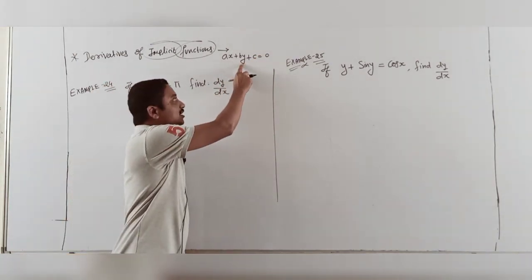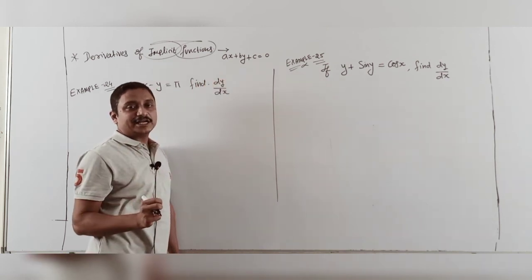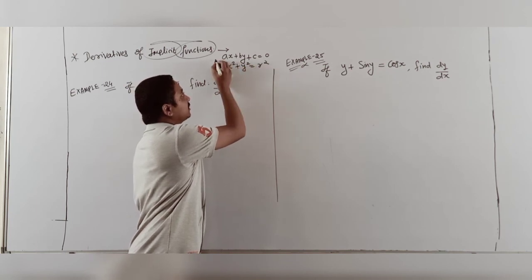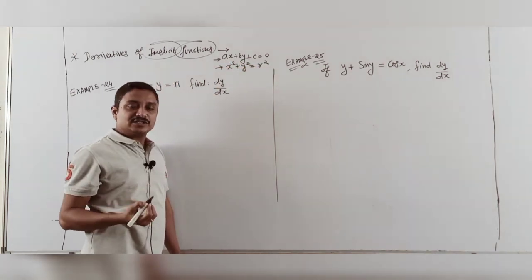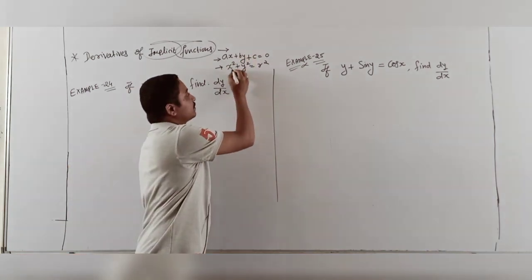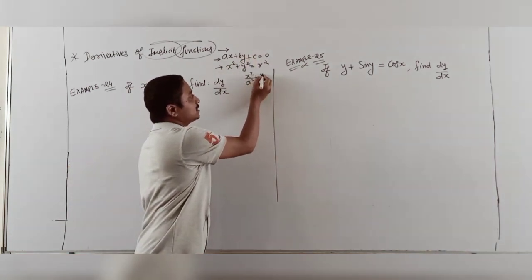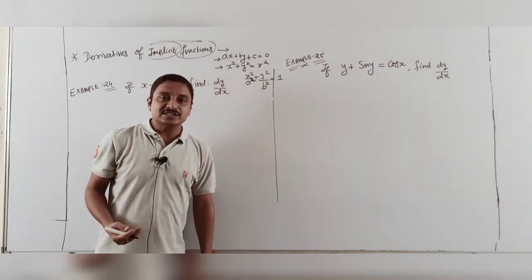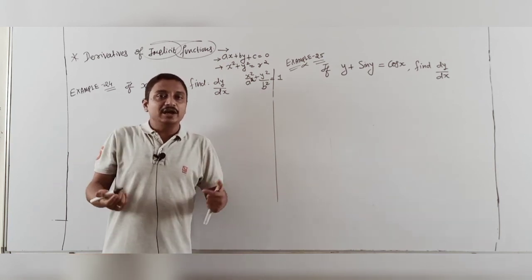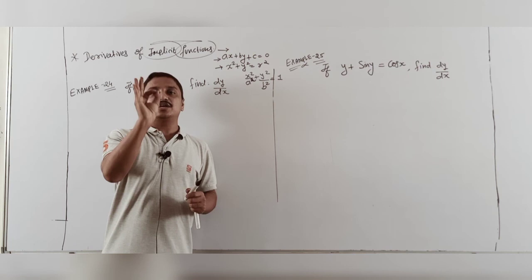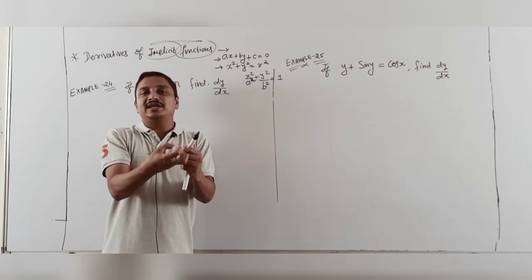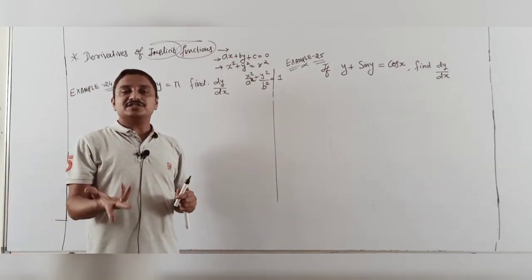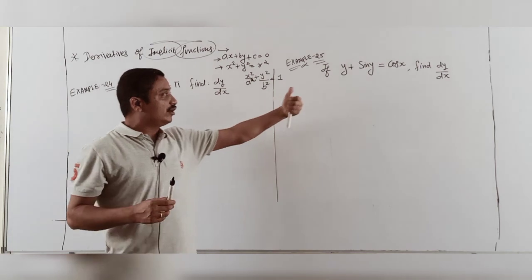Whenever you have x and y, two variables available, that's an implicit function. It is also known x square plus y square equal to r square, the circle. Yes, the circle equation is also an implicit function. The ellipse x square by a square plus y square by b square is equal to 1, and hyperbola and parabola equations are also implicit functions. Means students, x and y values are given, either combined in any form, that is an implicit function. So for that type of equation, now I start our numericals, example 24 and example 25.